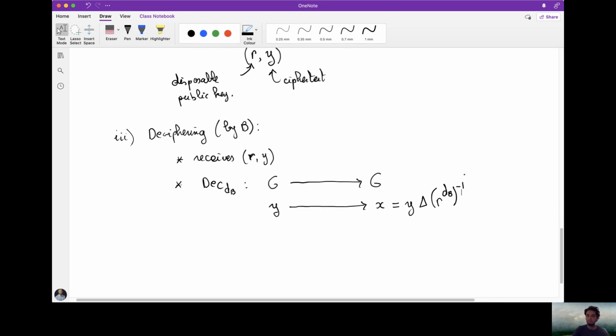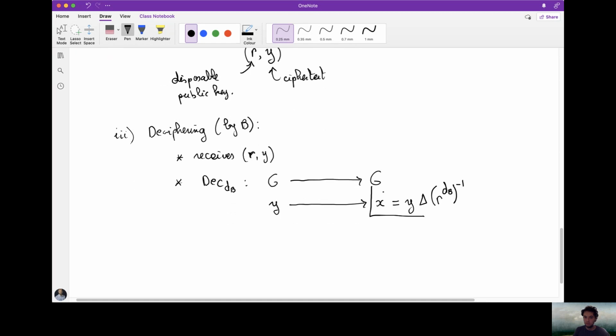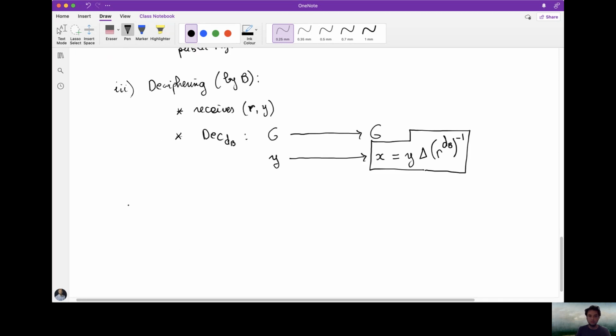Okay? So let's box this because this relation is quite important. And that's everything about the Elgamal cryptosystem. Perhaps the last thing is just to convince you that indeed it's true that X is equal to this expression here. If you remember that the definition of Y is X composed with EB to the power K, and you also remember that R is equal to G to the power K, and the last definition is that EB is equal to G to the power DB, and you combine everything together,